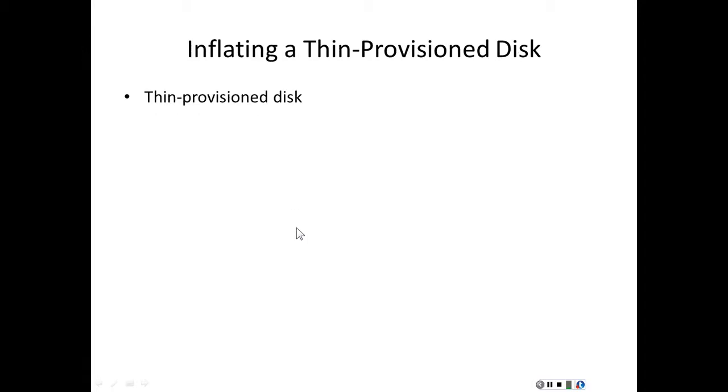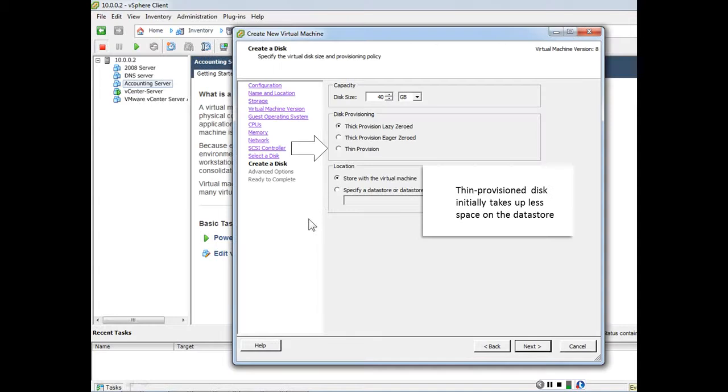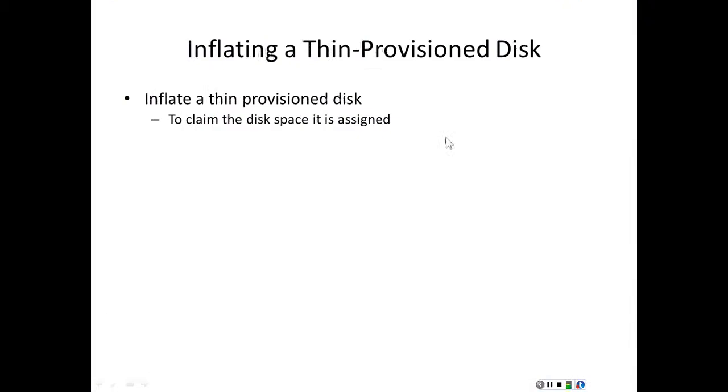Inflating a thin provision disk. We discussed earlier that when you create a new virtual hard disk, you can thin provision, and a thin provision disk initially takes up less space on the datastore. Well, what we can do is inflate that thin provision disk, and what that means is we are going to inflate that disk so it will actually claim all the disk space that it has been assigned